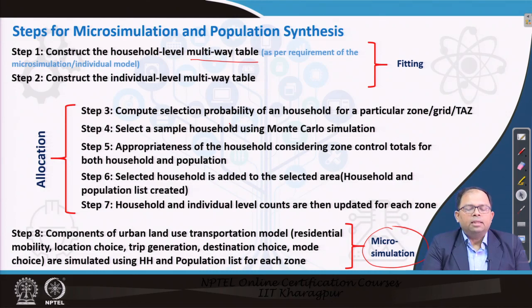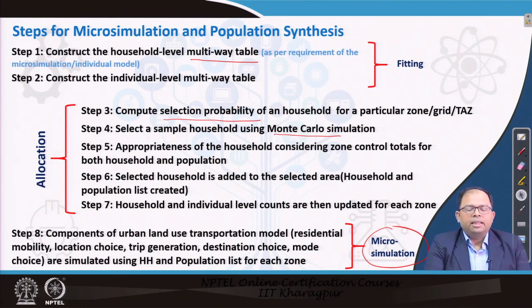And then we can select a few sample households using Monte Carlo simulation from our list of sample households. That means, suppose for an urban area we have collected data for 10,000 or 5,000 people. We can select a few of those, and using those selected samples, we can construct the synthetic population of a particular zone. Now, there has to be some criteria; we cannot select them randomly. That is why we need to understand their selection probability. Then using Monte Carlo simulation, which I will explain later on, we can select some samples from the entire data set which adhere to this kind of probability.